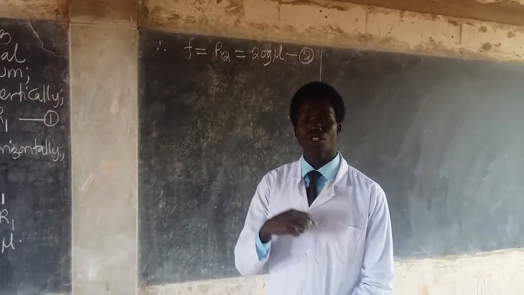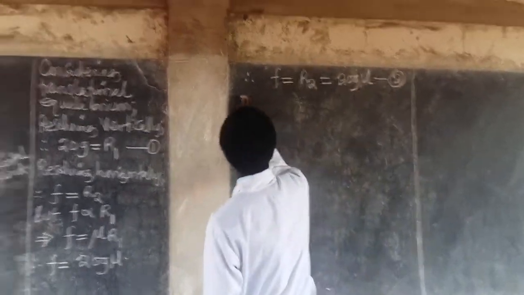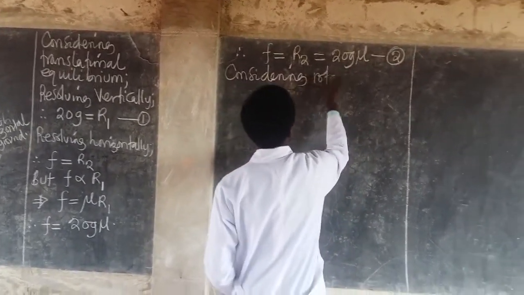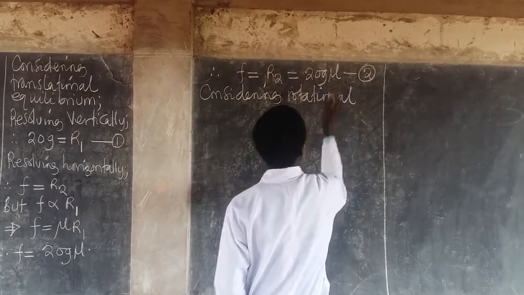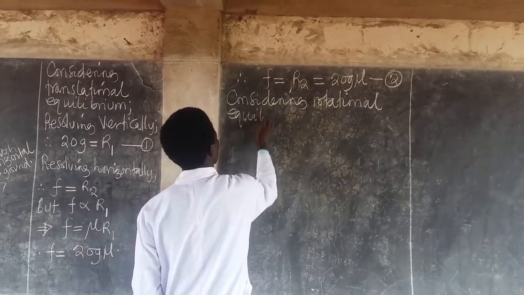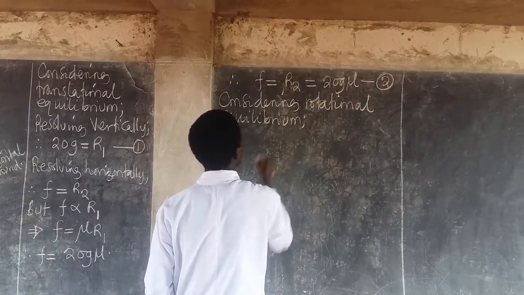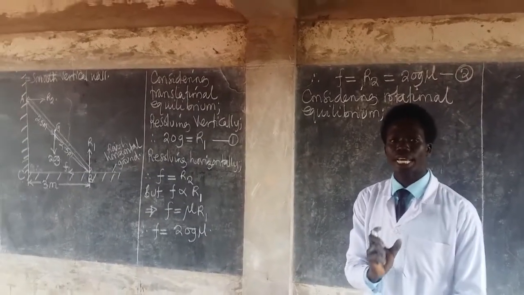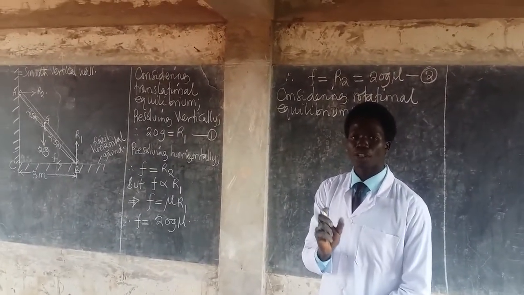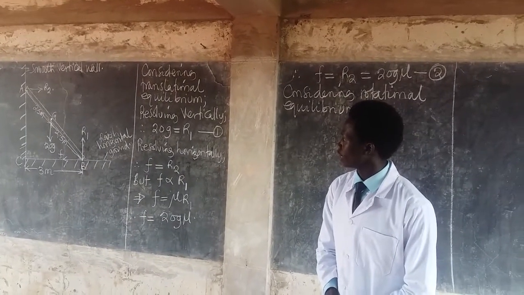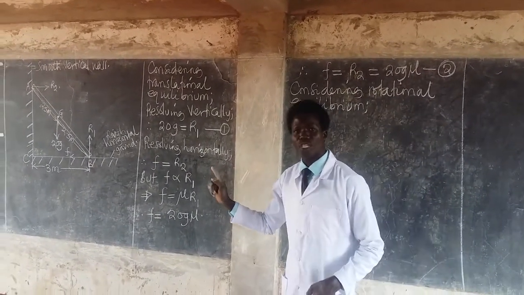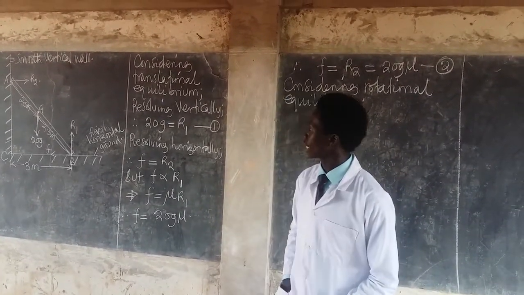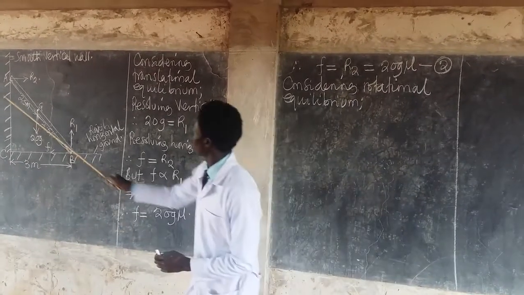Secondly, we are also going to consider rotational equilibrium. When we are considering the rotational equilibrium, we are going to take moment about one of those points. But for this particular question, since they want the coefficient of friction, I'm going to take moment about point A